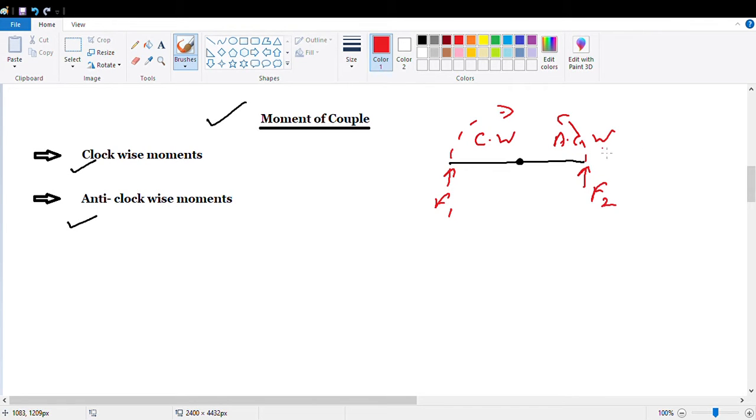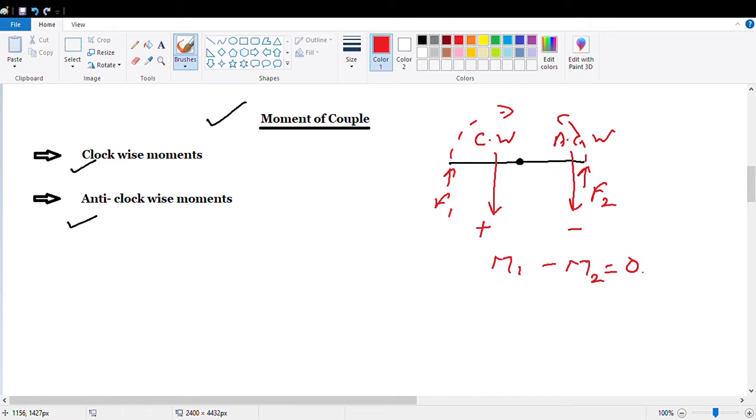So when we are dealing with two different directions in physics, one we take positive. Suppose if we take clockwise moment as positive and anti-clockwise moment as negative. So if two different directions moments are there, they are algebraically added. So plus M1 minus M2, they will get equals to 0.